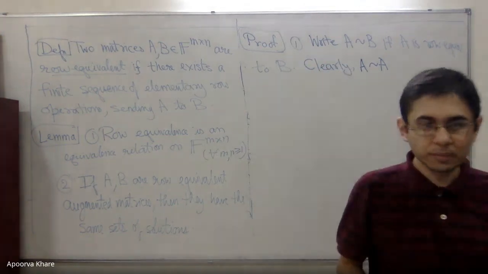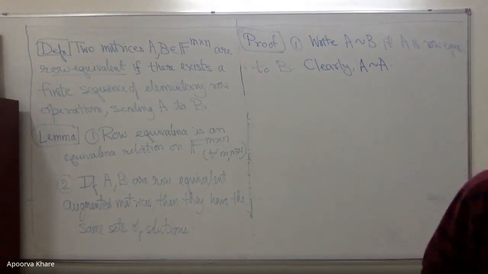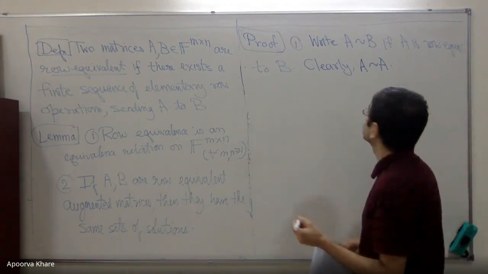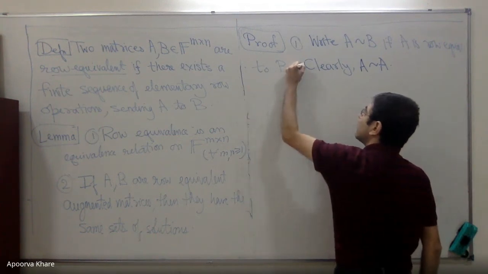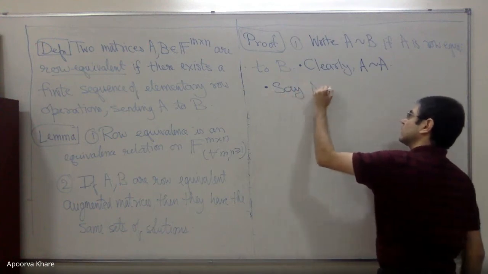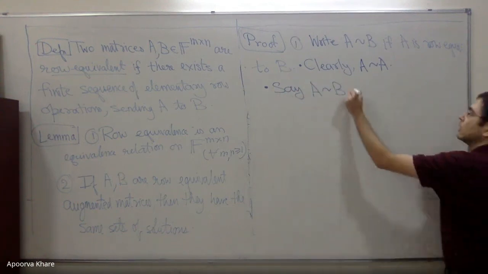Okay. What about symmetry? Well, that's again obvious. Maybe I'll write this down formally. You should see how proofs are written formally. Symmetry. So this is point number two. Say A is row equivalent to B. What does that mean? It means that